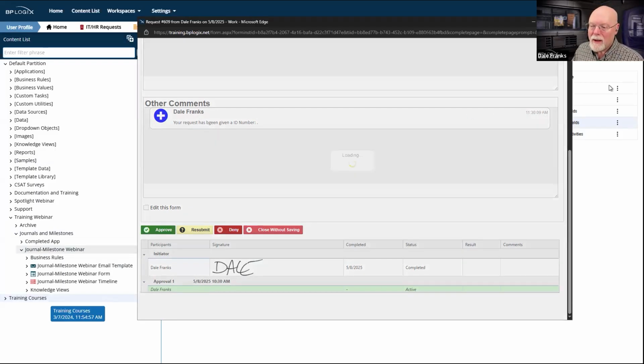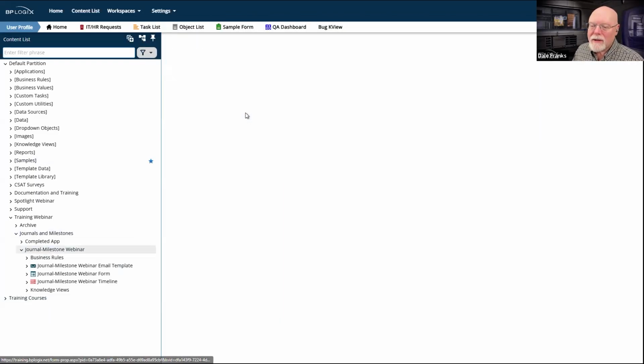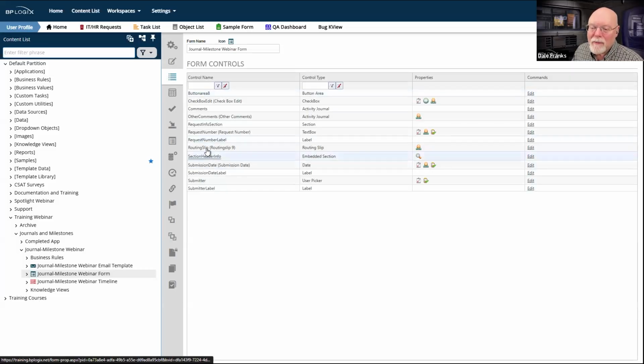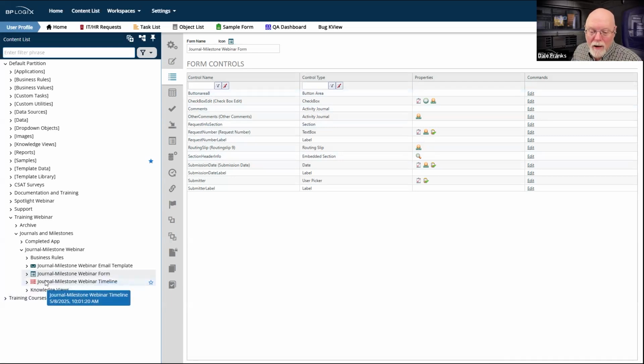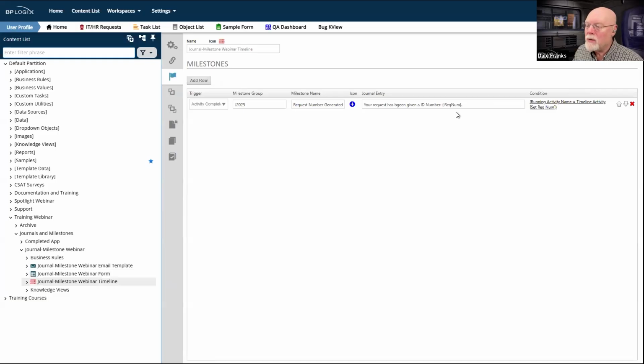So that's not good. So let's go back to the form design. And it is called request number. Well, it's super important if you're going to use system variables to be sure that you use the correct field name.